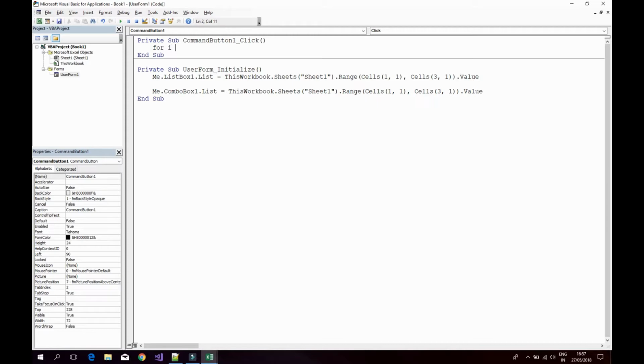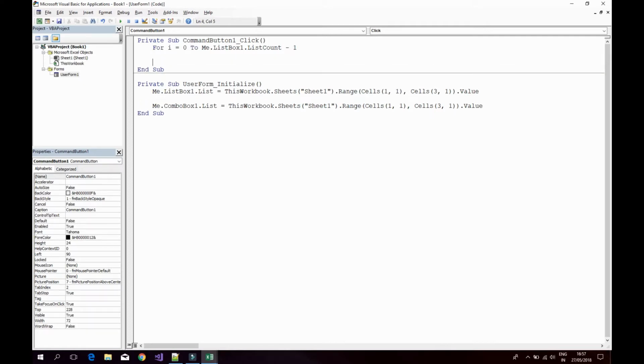Let's say for I is equal to 0 to me.list box 1 dot list count. List count will give 3, so minus 1 should be the array index. And next, if